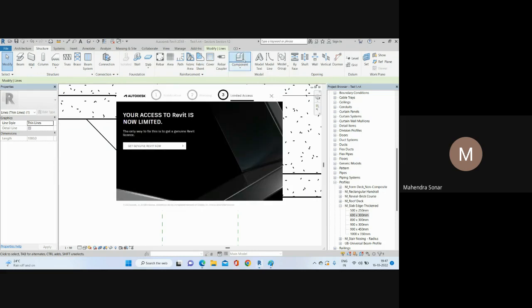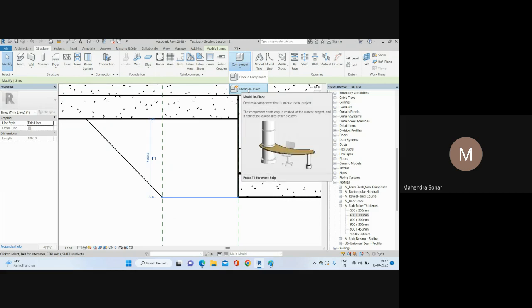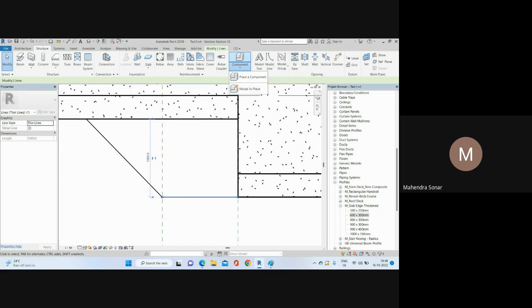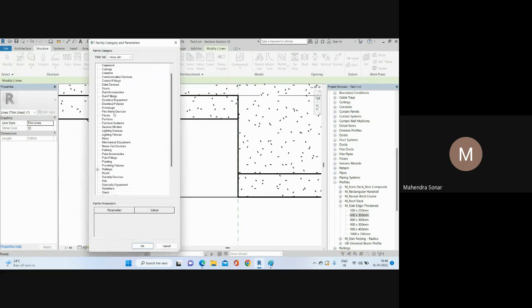So if you go to Structural and Component here, and click on Component, we have the option Model In Place. If you want to model a special type that is not available in this category, you can create it. So click here on Model In Place. Once you click here, these are the different types of family you can use as per your requirement. Suppose you want to create a floor, you can use the floor category, but in our case